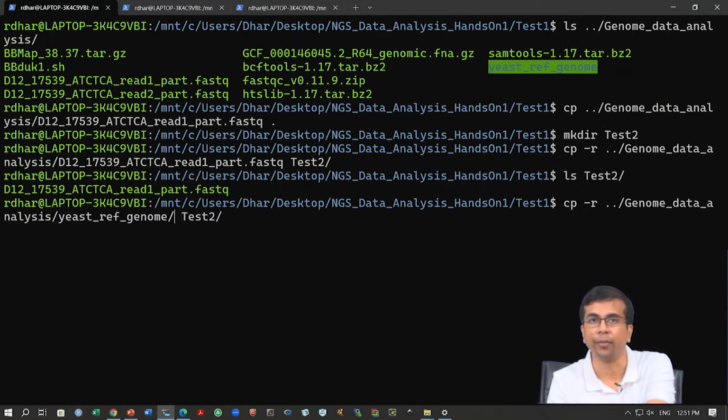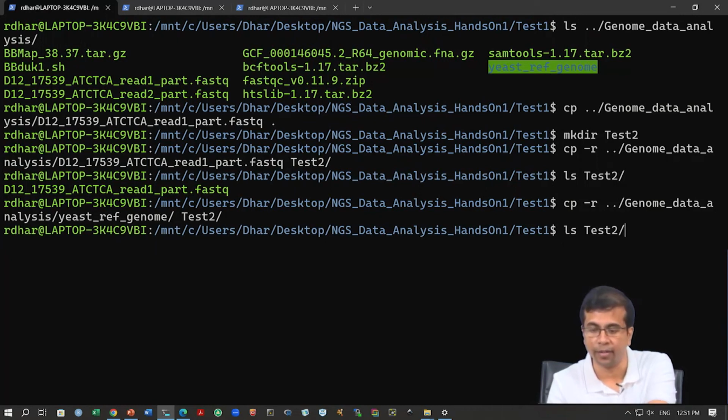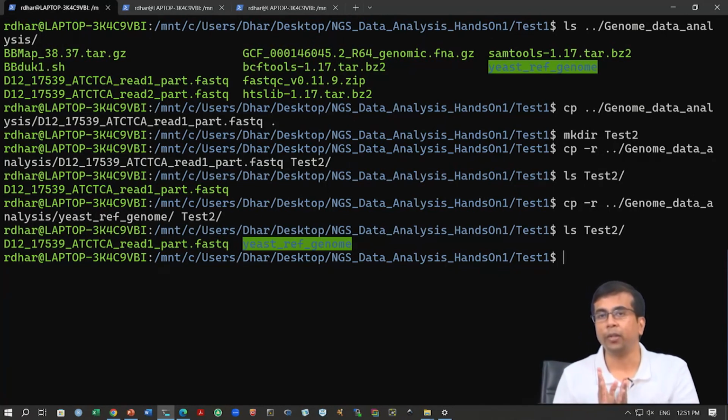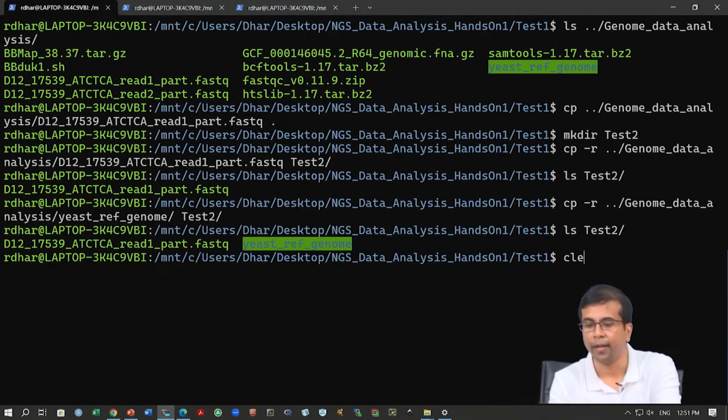Okay. So, the cp -r command, we see whether we are getting this inside test2, and you see this folder, reference genome, has been copied now. Copy and move are slightly different. Copy is making a copy, so it is equivalent to copy and paste. Move is cut and paste. It will completely move the file, and it will not be present in the original directory anymore. This is the difference between copy and move, and scp works in a very similar way,